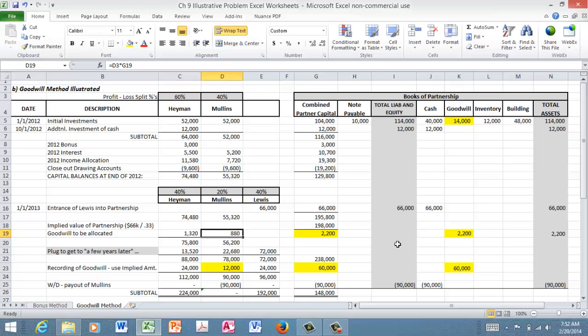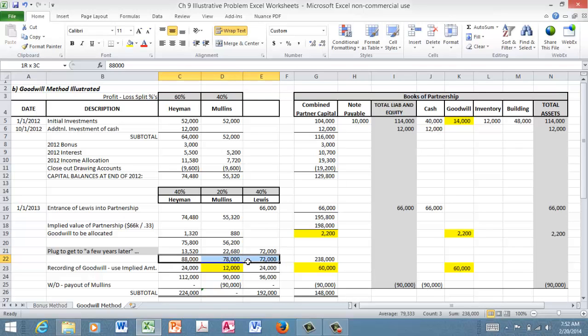And so now my debits and my credits are equal, and I've taken the goodwill that I'm going to debit over here on the asset side of the partnership's books, and I then credit my capital accounts respectively as we show. Now, these amounts under my capital accounts are the same as we illustrated under the bonus method. There's just kind of a plug number, a few years later down the road, this is where the capital accounts are. So I simply plug to get to those amounts,